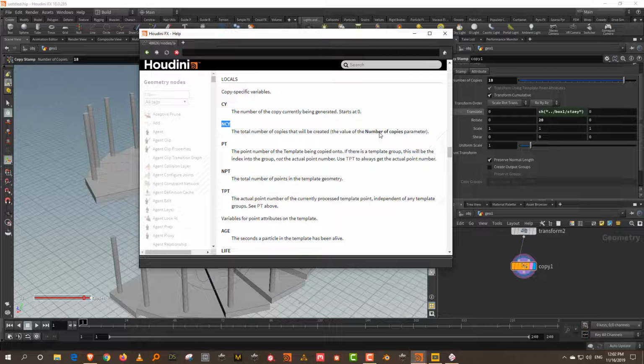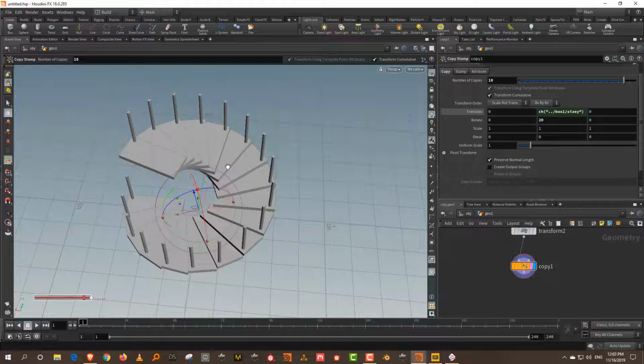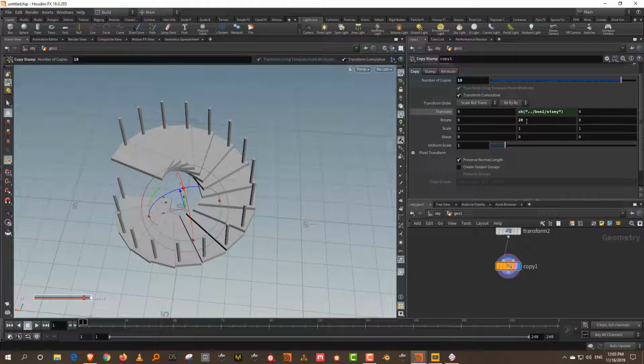Okay, so NCY is number of copies. So what I want to do, let's say, is that no matter what I do, I want the number of copies to fit within say 180 degrees. Okay, so what I can do here is I can just take the rotate and I can say whatever is, like, we want to rotate within, let's do 360 for now. So we want to do 360 divided by the number of copies is how much it should rotate, right? So the number of copies is 18. So we're going to do 360 divided by 18, and that will give me the exact amount